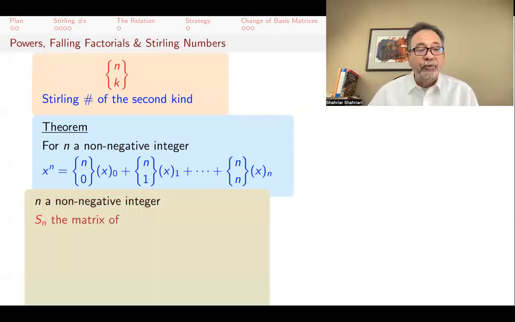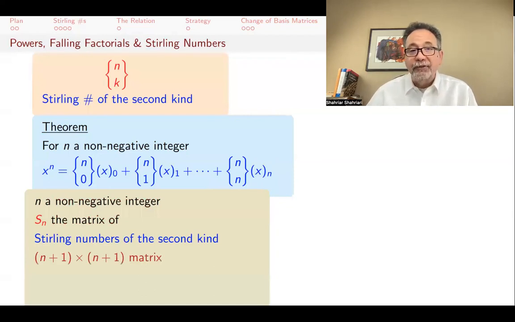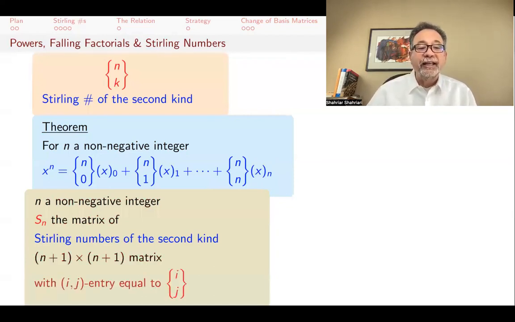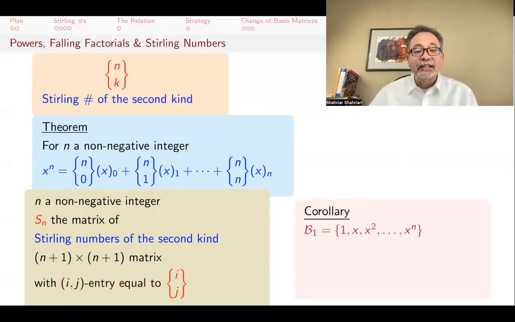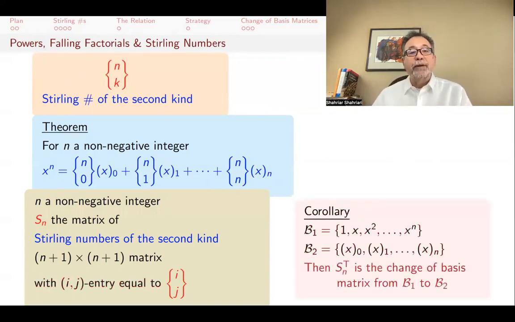And then from that, we will say, okay, let's make a matrix out of these Stirling numbers of the second kind. Again, an n plus 1 times n plus 1 matrix, n plus 1 rows, n plus 1 columns, where the ij entry is one of these. And again, this means that we found the change of basis matrix, this time from B1 to B2,